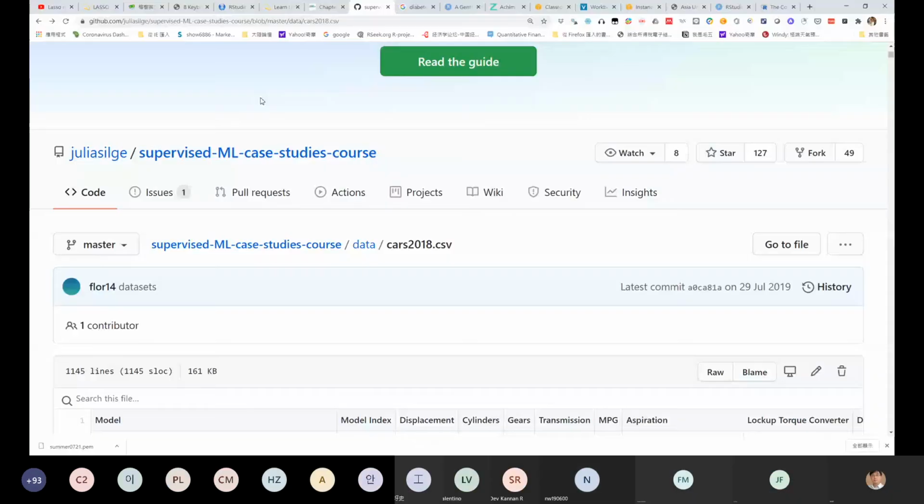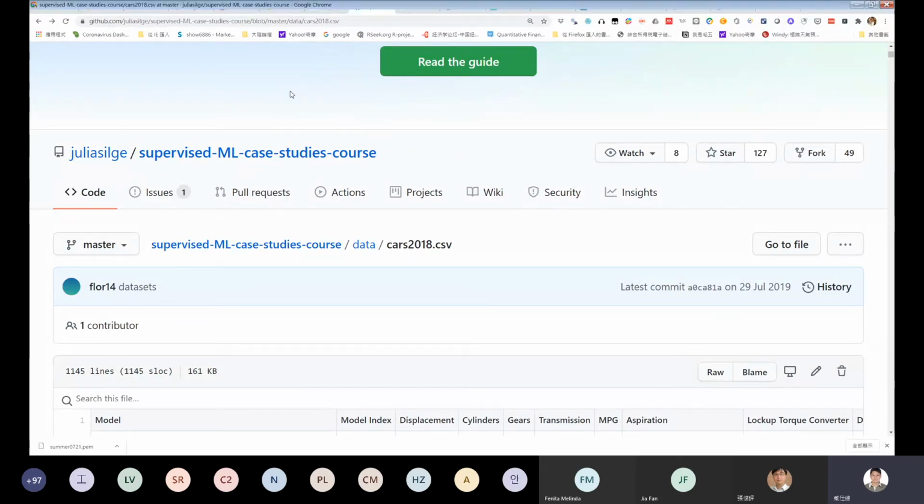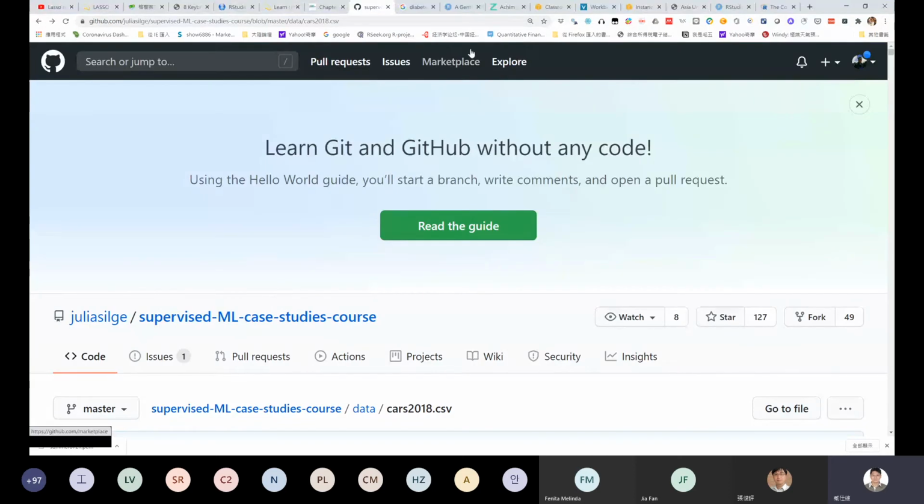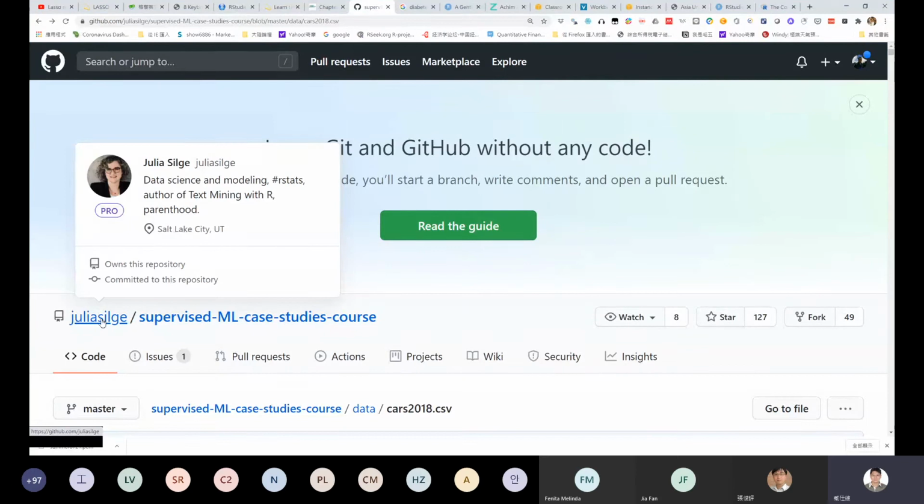Okay, here we are. I just found a great instructor. She's the instructor from RStudio, and now you can see the screen here. This is GitHub, the GitHub website of this instructor. The instructor's name is Julia Silge, and of course you can find a lot of videos